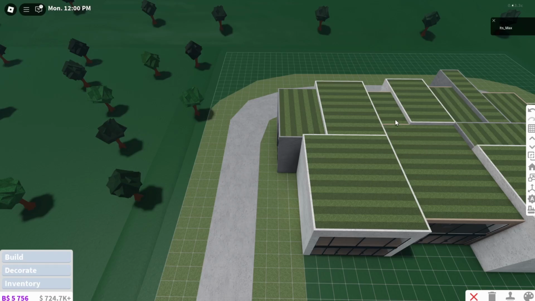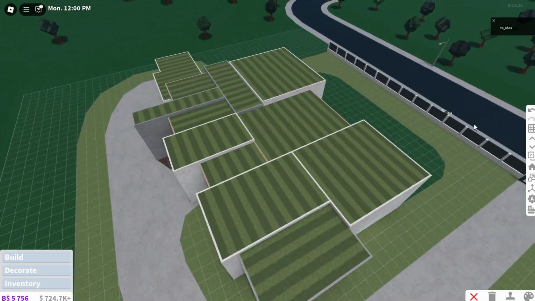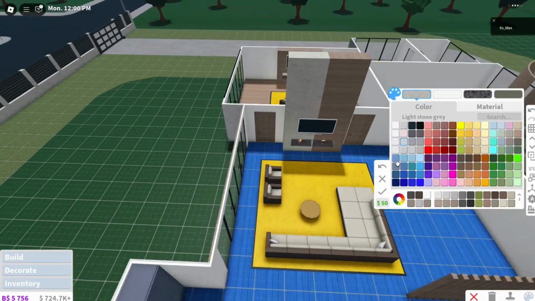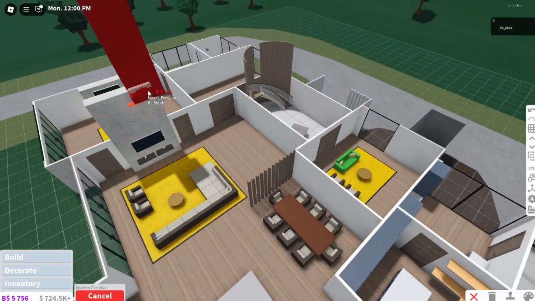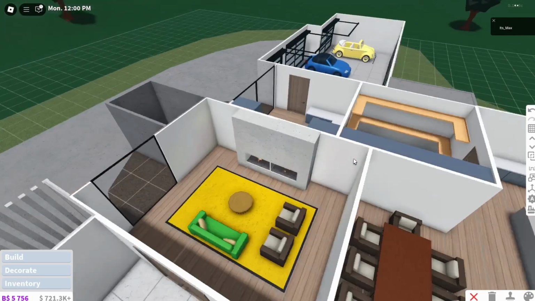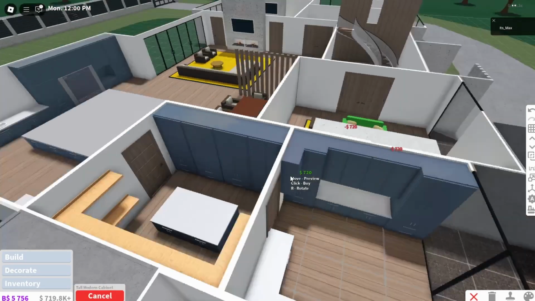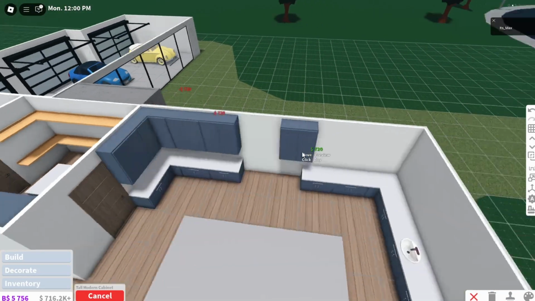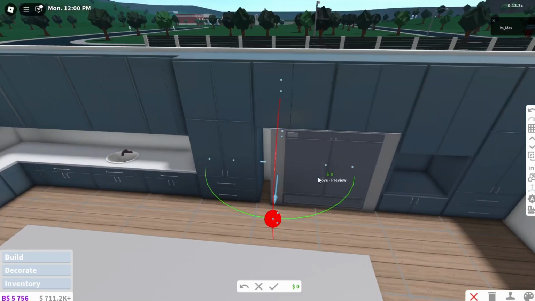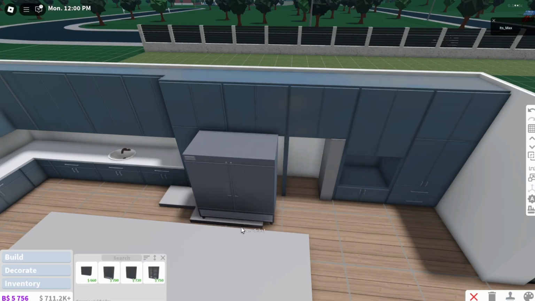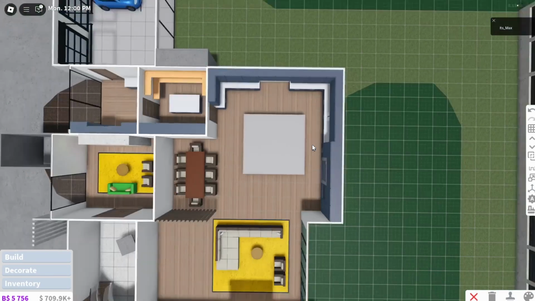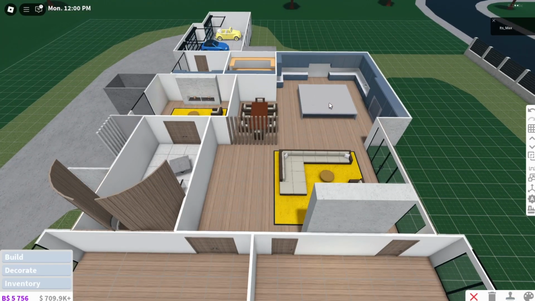Whenever Bloxburg had that update, not the latest update, but the one before that, I'm pretty sure they added the theaters. But basically, I've been having problems. When I bought my neighborhood in that update, it said it was extending my neighborhood time. It was glitching. It was weird. But anyways, so,